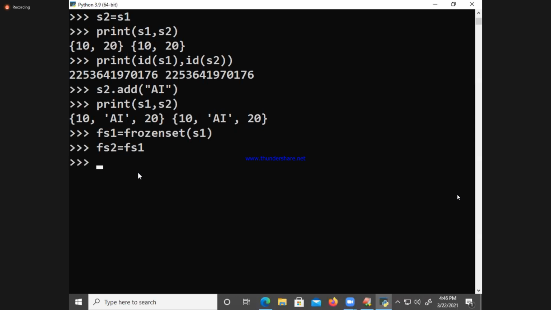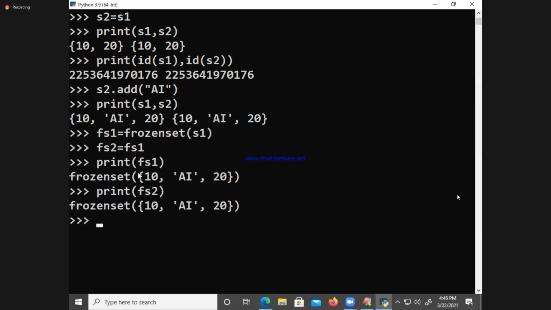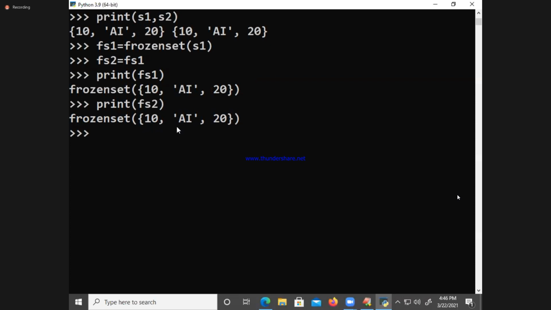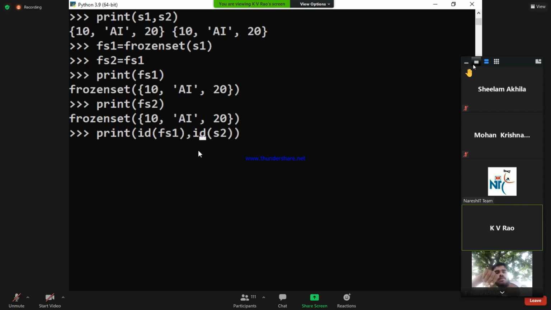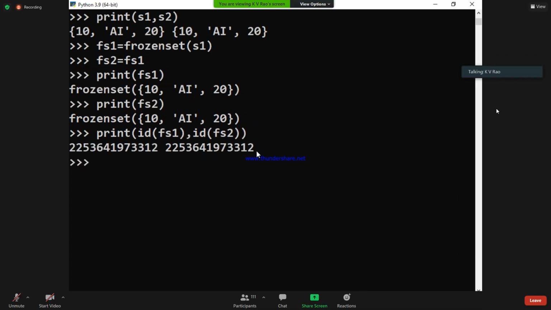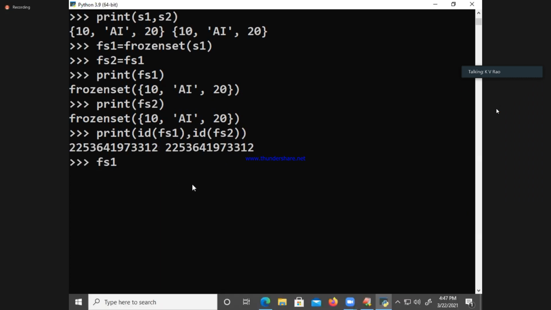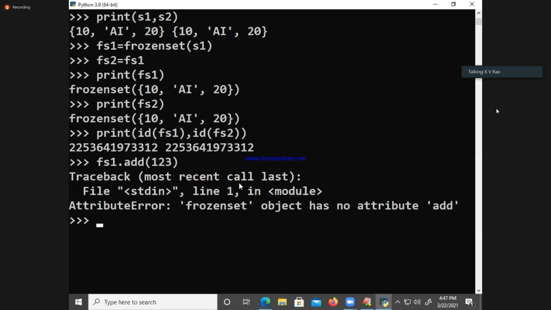Now see that FS1 and FS2 both contain the same elements. Now check the IDs of FS1 and FS2. What is that? 312, 312. FS1 dot add of what? Some 123. You see what is happening?